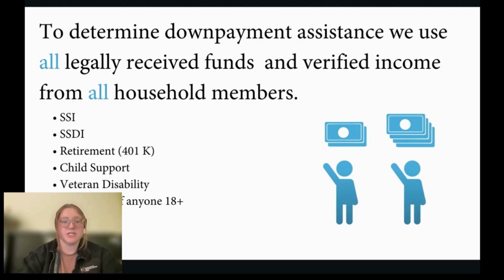Now, this isn't because we're assuming that your 19-year-old that goes to college is making a giant sum of money. This is just because typically in the market, there's an assumption that anybody that's 18 or older that's living with you is probably paying you rent. So if they do have a job that's bringing in some income, we will look at that. It's not going to affect your mortgage price. That's just kind of what we're looking at for where we can pull grants and stuff.